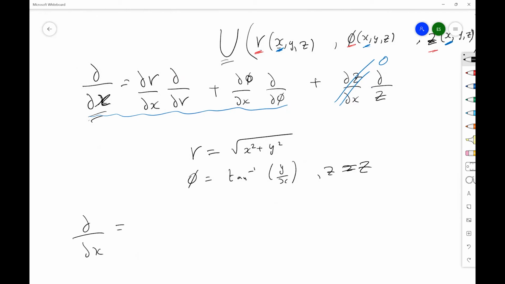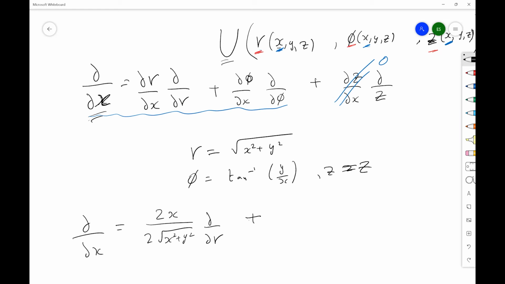What is delta R over delta X? It's a square root, right? We know how to differentiate a square root. It's a compound function. So we differentiate the square root, which is 1 over 2 square root of X squared plus Y squared, and then the differentiation of what's inside the square root, which is 2X. Delta over delta R